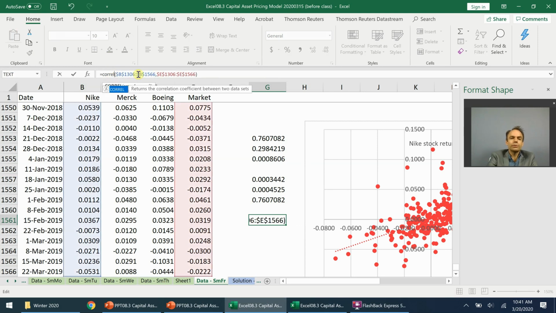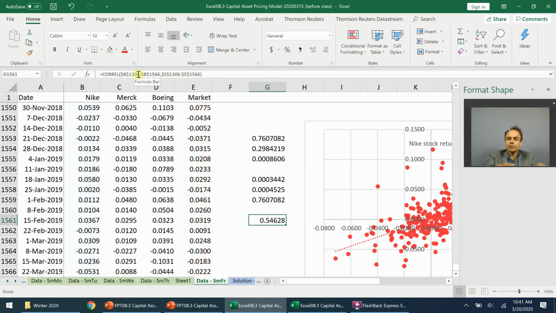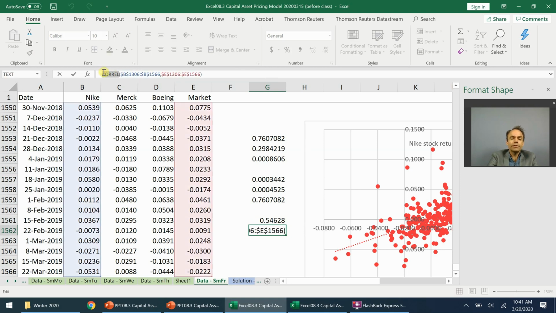You don't need to use .s when you have a correl as the equation. The correlation between Nike's returns and market returns is 0.54628. Recall that covariance is correlation times standard deviation of returns on one asset times standard deviation of returns on the other asset. I have correlation of 0.5428. If I had the standard deviation of Nike returns,